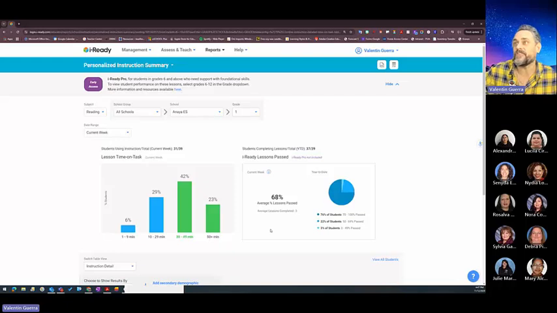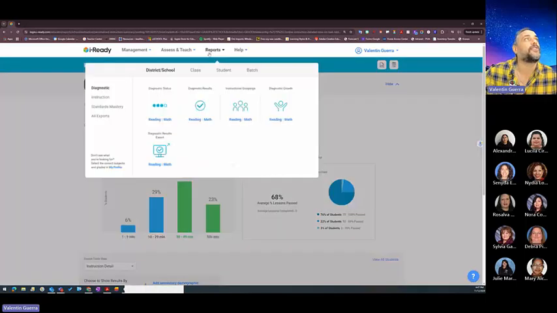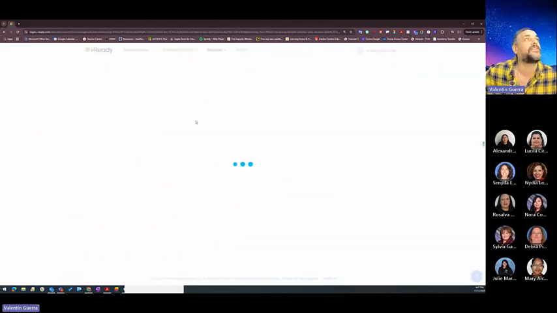So for my lab managers and my admins in here, or our coaches in our campus, you might be able to use this data as well for campus-wide data. So let's go and look at the report for diagnostic. If you go to diagnostic, you will go to diagnostic results for reading and for math in here, but reading will only be for English. So you go here for reading,